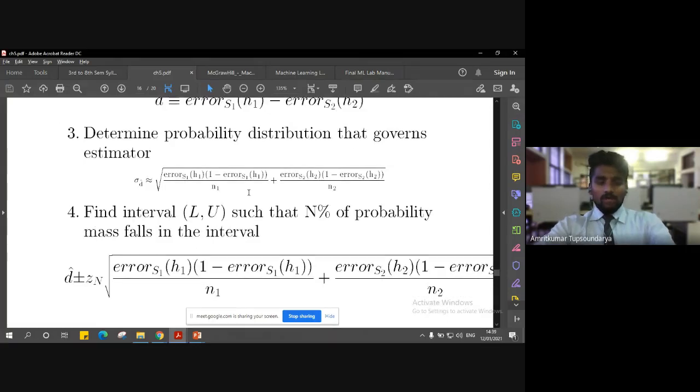So once we have the parameter, the estimator, and the probability distribution, we are going to find the interval, the lower limit as well as the upper limit, as we discussed in the previous class when we discussed the confidence interval. So finding the interval, we are going to compute two aspects, that is the lower limit and the upper limit, such that